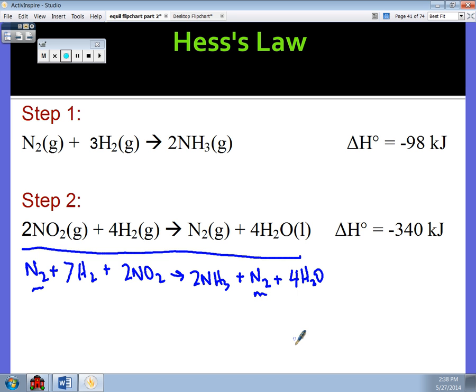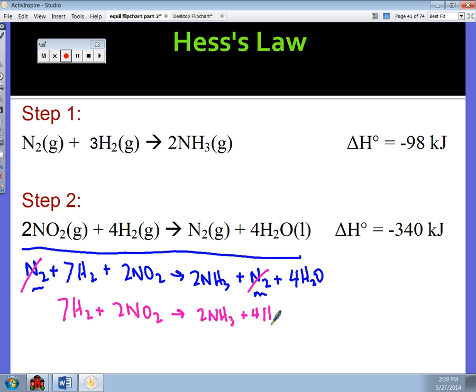Now when you're done adding these together, you're going to notice that on this side and this side, you have N2. We can cancel these because they're exactly the same on both sides. So when we're done canceling them out, our reaction is 7H2 plus 2NO2 yields 2NH3 plus 4H2O. Now it really doesn't matter what order you do the reactants in and the products. So if we wanted to say 2 NO2s plus 7 hydrogens yields 4 waters plus 2 ammonias,